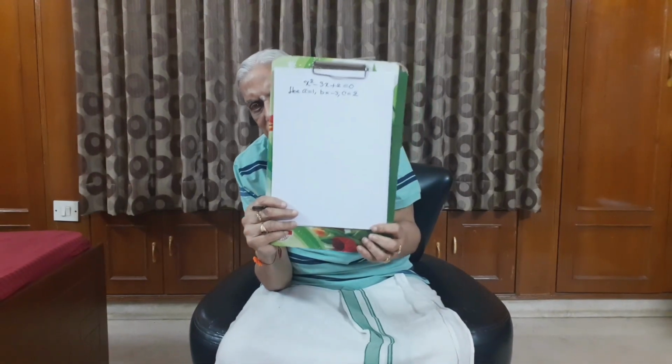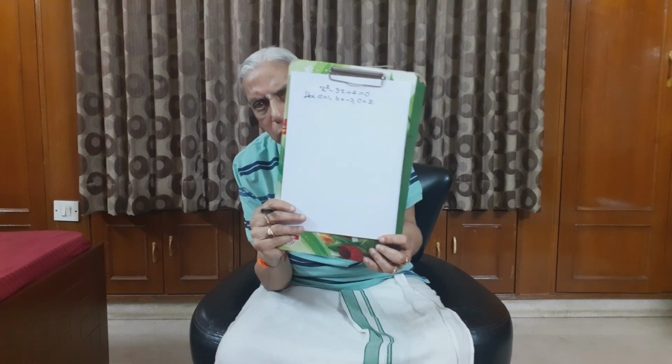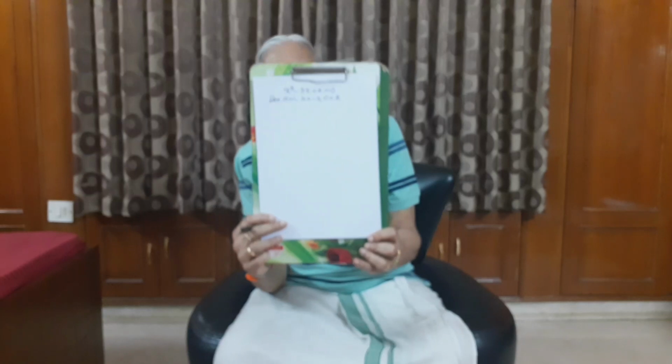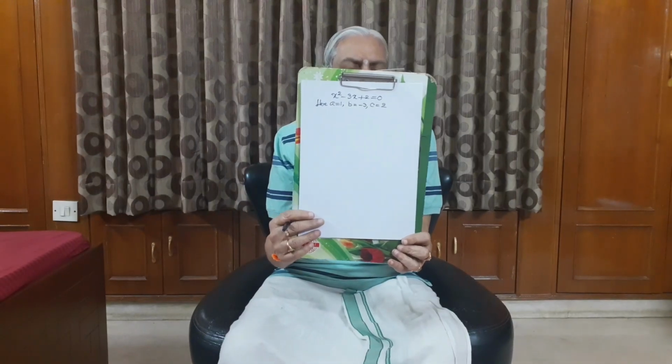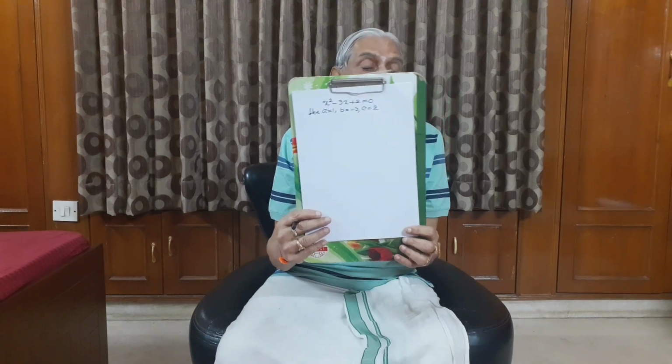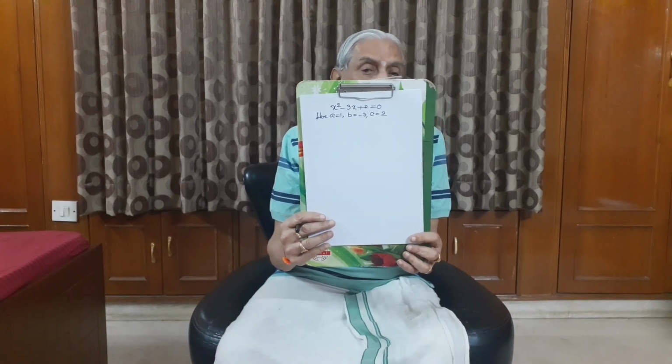Please see that. X squared coefficient is 1. B coefficient is minus 3. What is the value of C there? C is equal to 2. First of all, you have to analyze the values of A, B and C. Then apply the formula. X is equal to minus B plus or minus